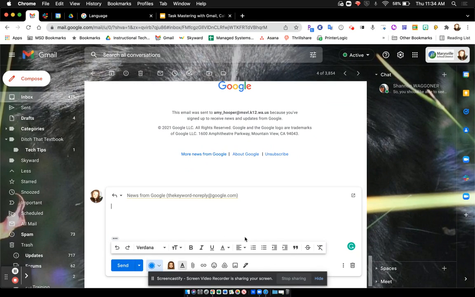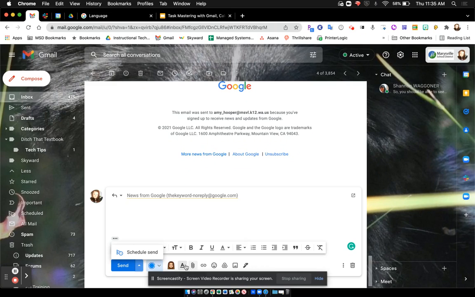All the different things I can do as far as fonts and bold or underline, basically not all, but at least a few of the options that they give you with Google Docs. Down here where it says send, to the right is this arrow that gives me more options. I would hit this to schedule send, and then you can choose an actual date and time. Calendly is an add-on that I've added. If you have Bitmoji and you like to use that, you can insert Bitmoji into your email. And then we have some other features such as